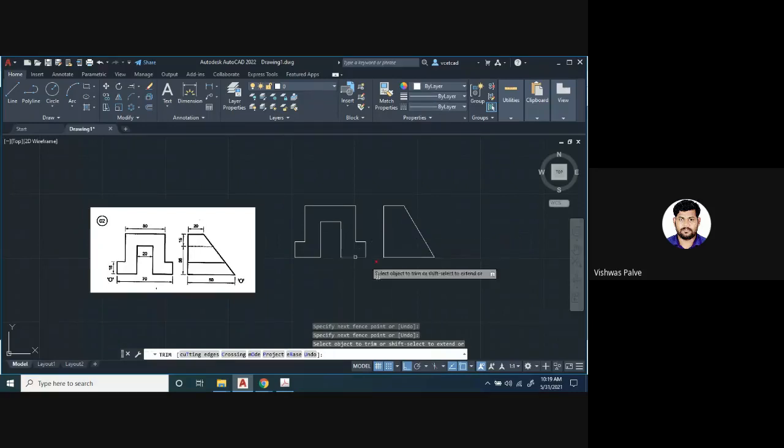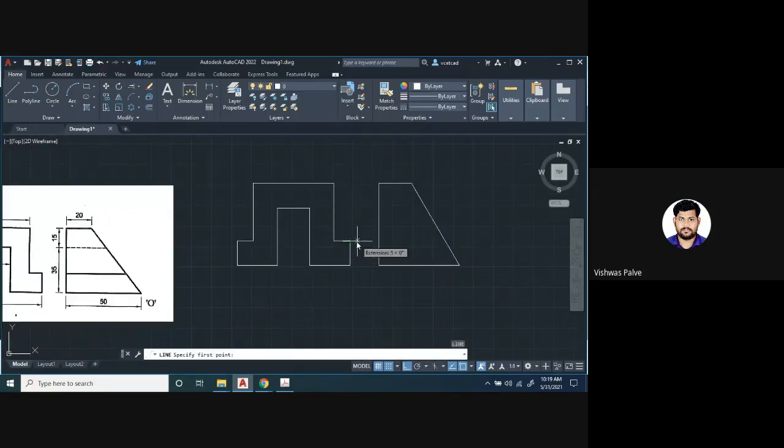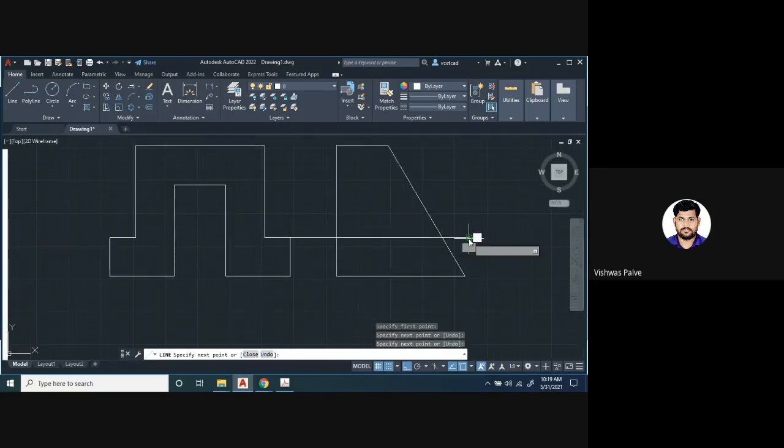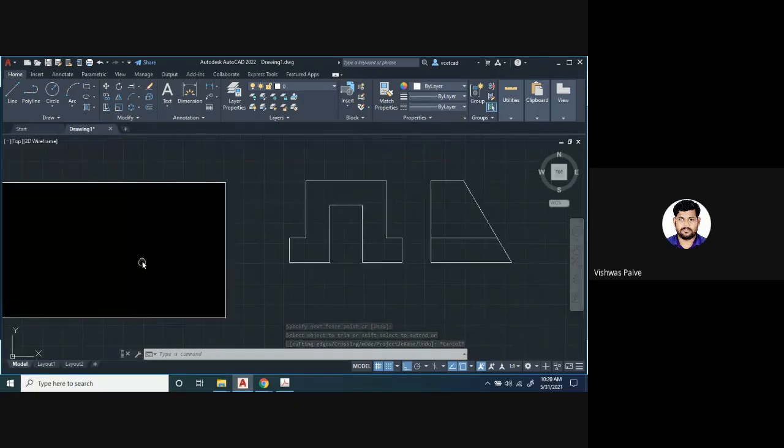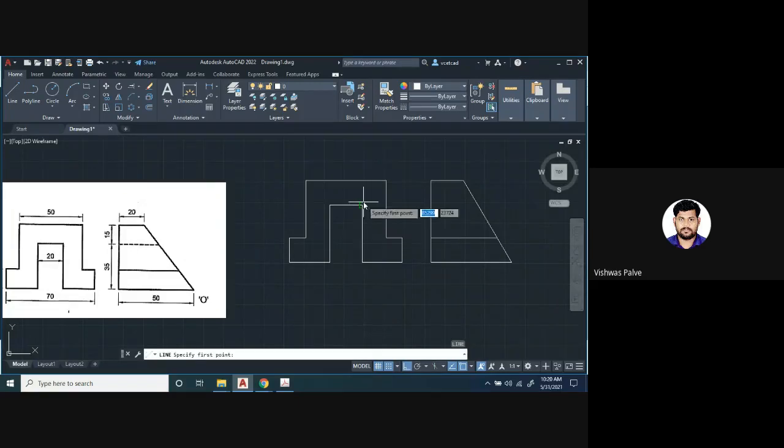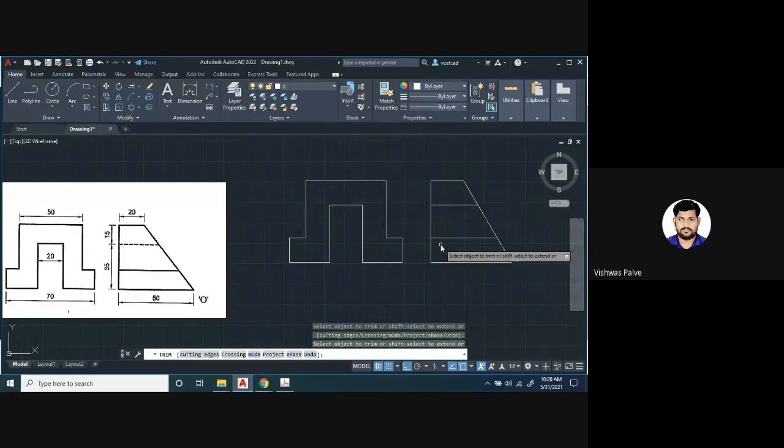Now here at present we are not able to draw the... So I want, suppose, from this point, extend it, leave it. Okay, TR double enter, trim the part which is not required. Okay, and the hidden line which is there, we are not able to draw the hidden line at present. So leave it as it is. Draw it as a dark line. Okay, so wherever a hidden line is there, in today's practical session, you draw it as a dark line. Then we'll see how to convert that into hidden.